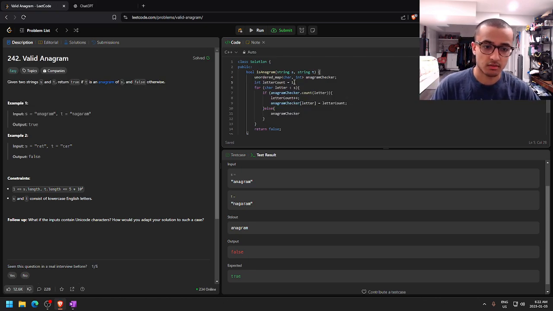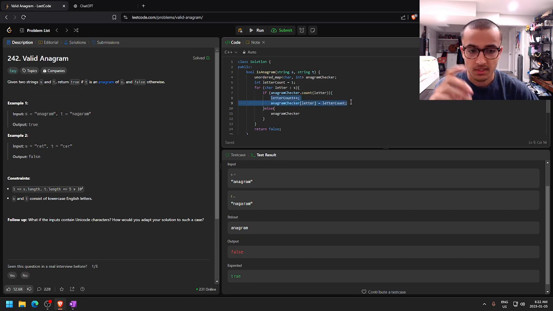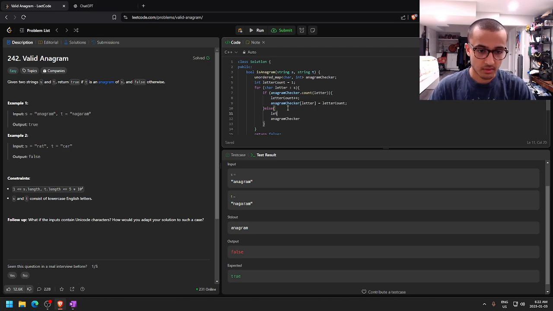No, I want this to be 1. Yeah, not 0, because if it's already in there, then I want to add 1 to it, so it should be 2 because it's already in there. If it's not in there, then I want to make sure it's 1 again, and then